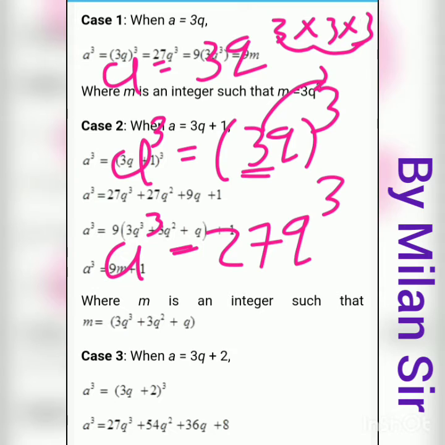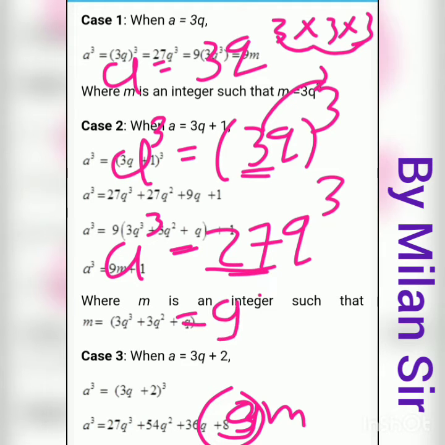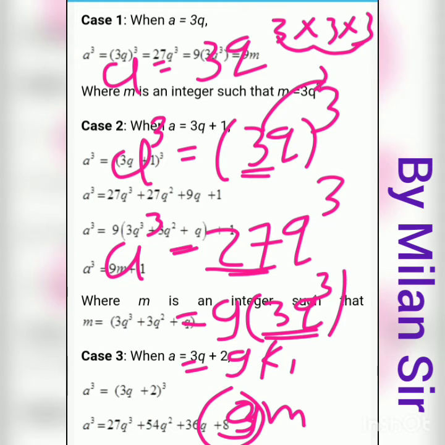Okay, now what is our first form? It is 9m, right? So from 27 just take 9 as a factor. How can we write this 27 cube? 3 nines are 27, so we write (3q) all cube. We want 9, so take 9 as common: 9 in bracket 3, because 9 times 3 is 27, and q cube as it is. Then in place of 3q cube we can write 9k1. So this is our first form, 9m.